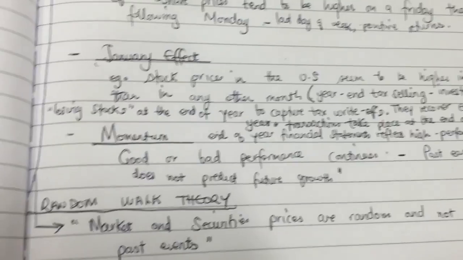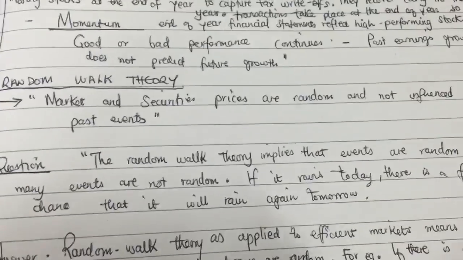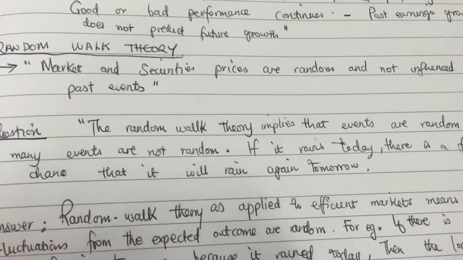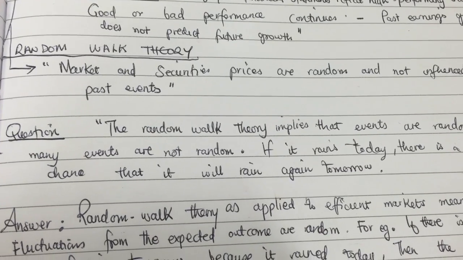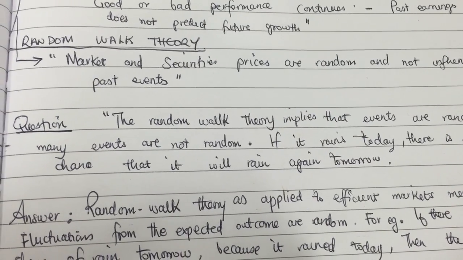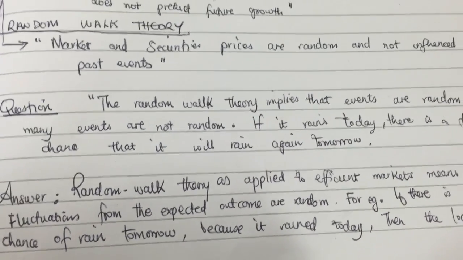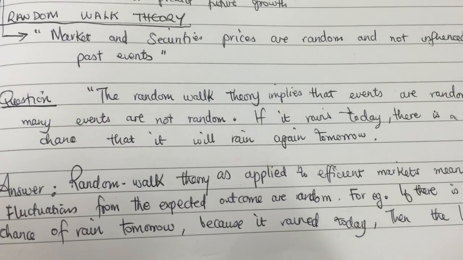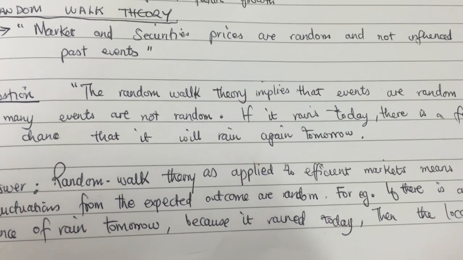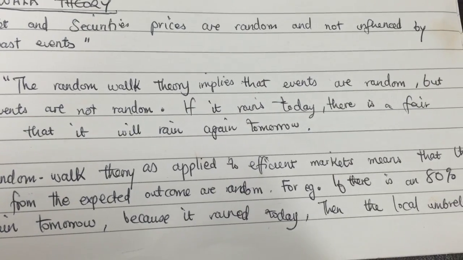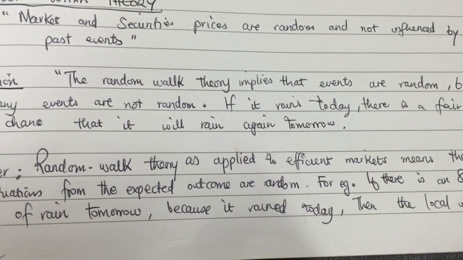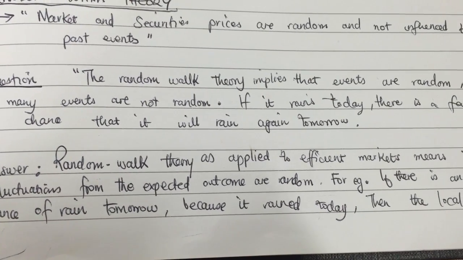And I have an example here. So this is the question. And this I found from the seminar, Spring Seminar 2. And it says, the random walk theory implies that events are random, but if many events are not random,